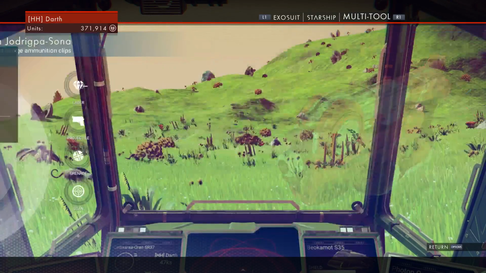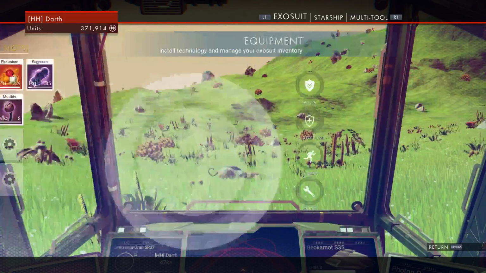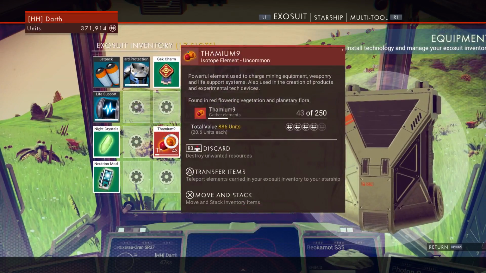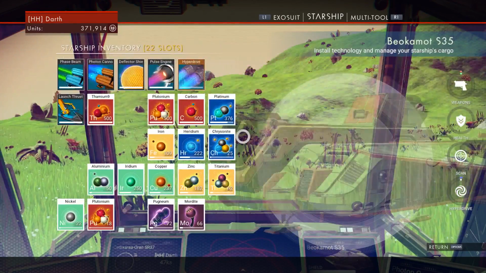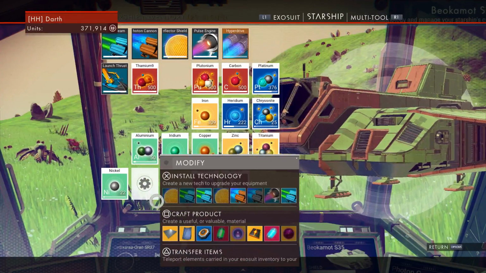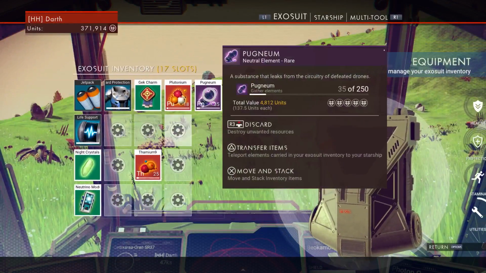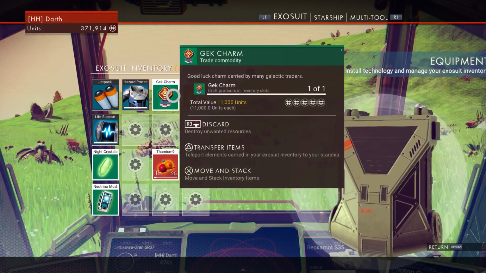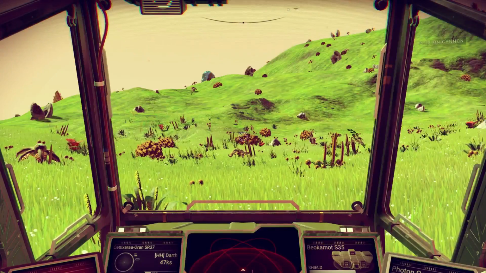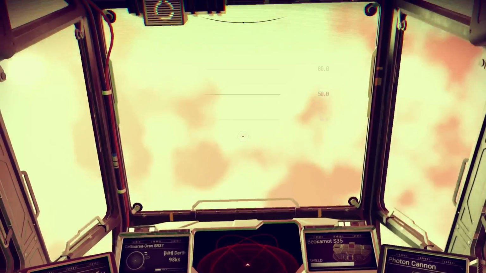And then in the actual starship we have what? Okay, so we'll put you in there. Platinum, thallium. Slots in ship inventory. Really? Okay. We'll keep you then. And then we'll get rid of you and you. Put the Gek charm down there. Keep you two up here, and we're good to go. Okay, cool, let's go. I'm assuming they want us to go to the starbase